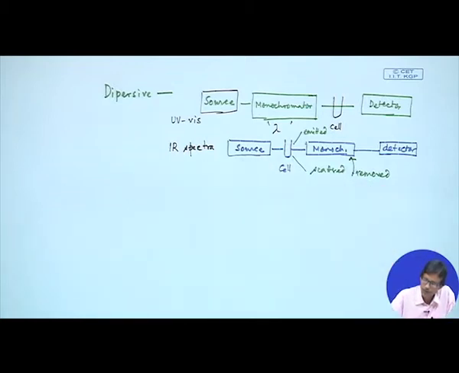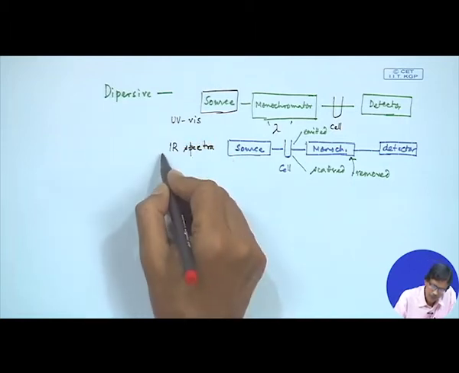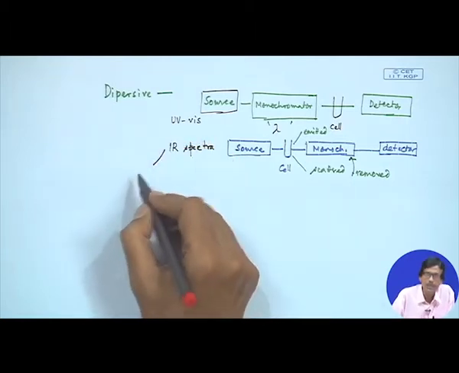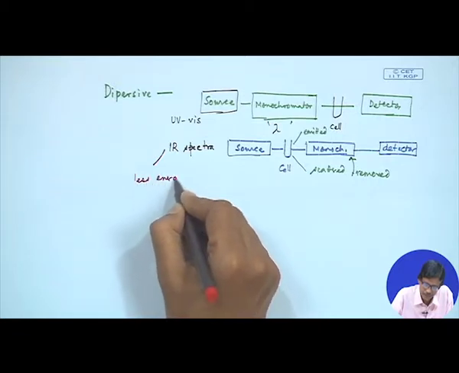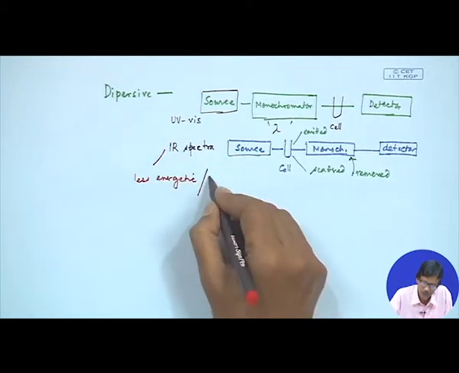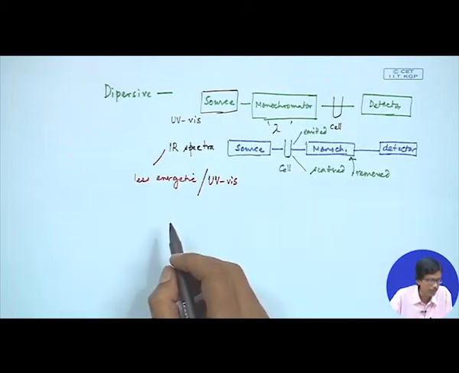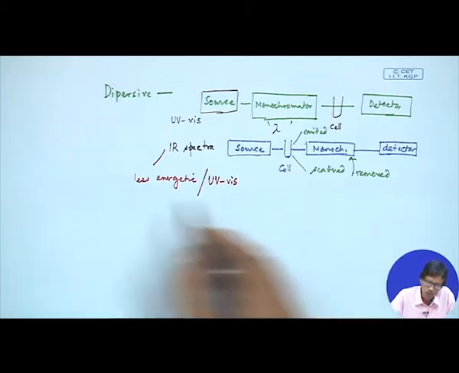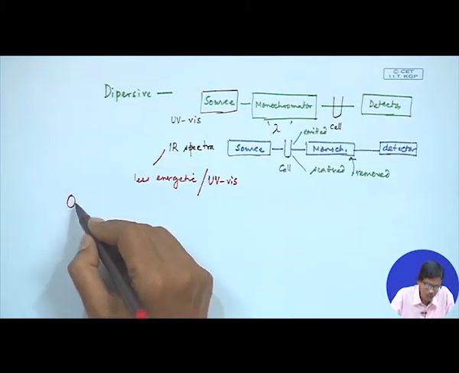So, this is the corresponding advantage we can say for the use of the cell you can place in between source and the monochromator, because this radiation what we use for the measurement is less energetic compared to our UV visible spectra. That means the energy available in this particular range. So, this particular thing and also the corresponding optical materials